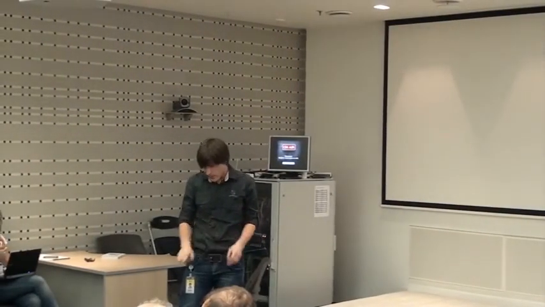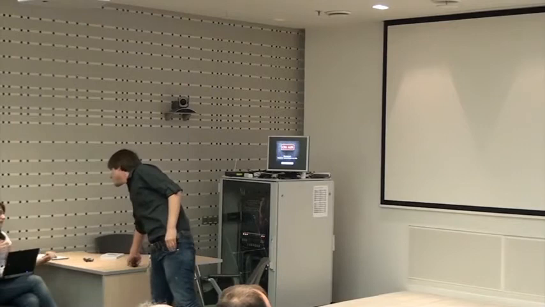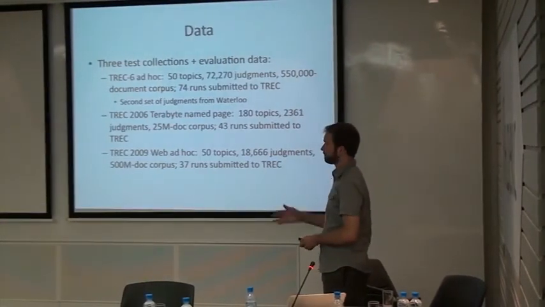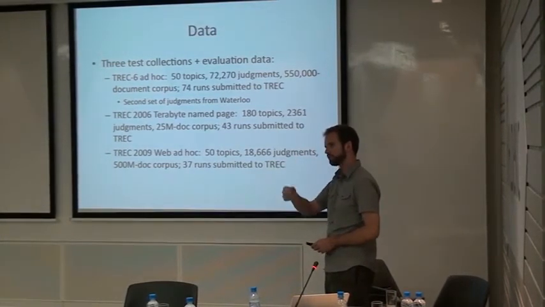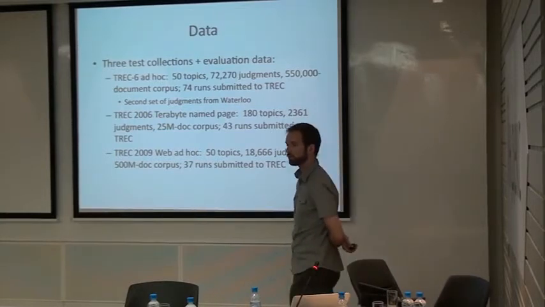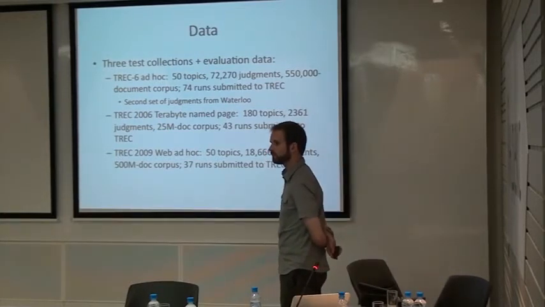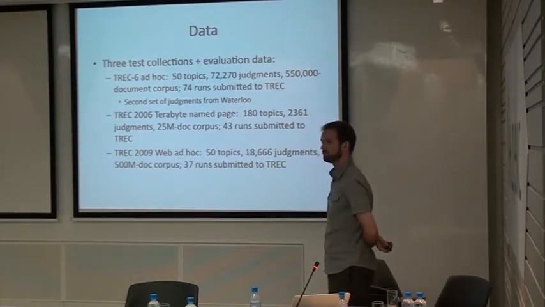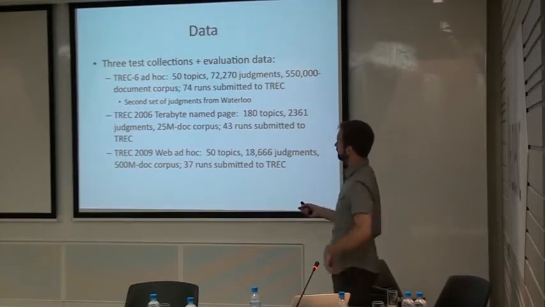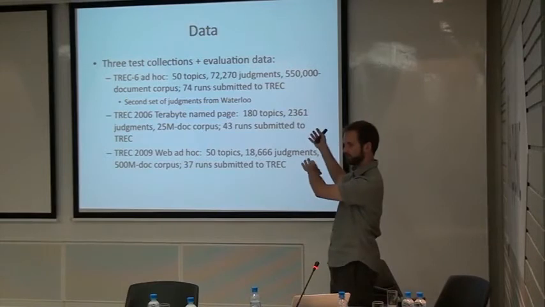The question is, if we change the topic sample, do the measure values change substantially, or do we make different decisions about relative effectiveness of systems? If we change the relevance judgments, do we make different decisions about relative effectiveness of systems? If we have more judgments or fewer judgments, do we make different decisions, and so on? And we would like the decisions we make to be as consistent as possible, as much as these things change.